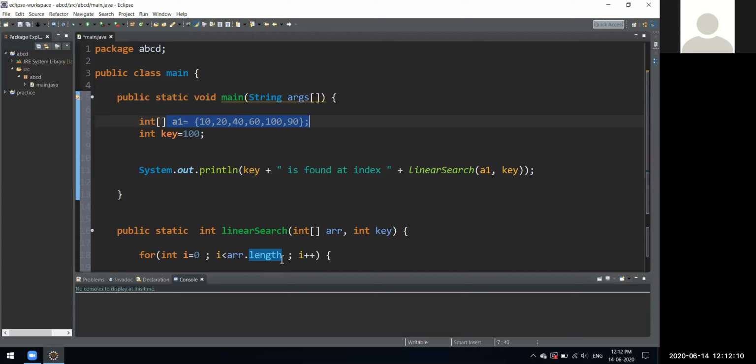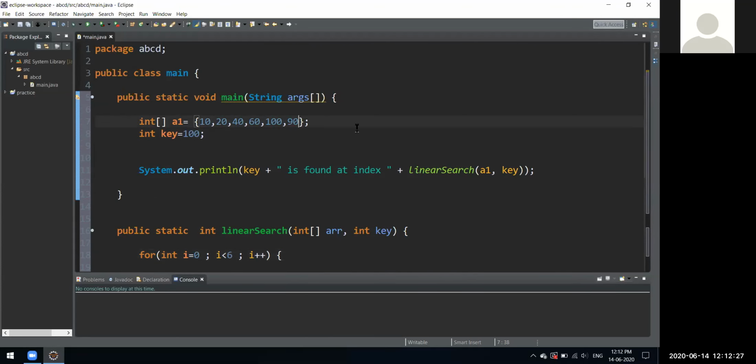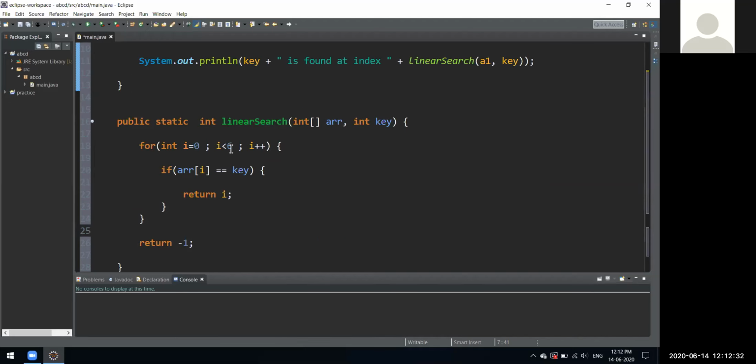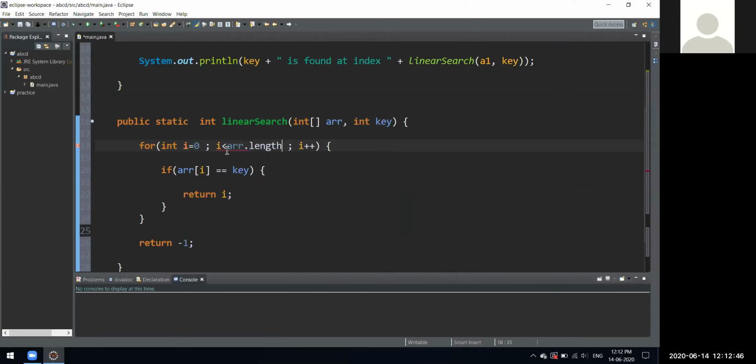So instead of hard coding the value of length, suppose what is its length? 1, 2, 3, 4, 5, 6. So 6 is the length of this array. If I type 6 instead of hard coding, then also it will work. But if I try adding more elements in this array, we cannot go on and change the length every time. That's why we directly use this array.length function. It will automatically calculate its length and assign its value there. So this is just a function of an array, not a big deal.